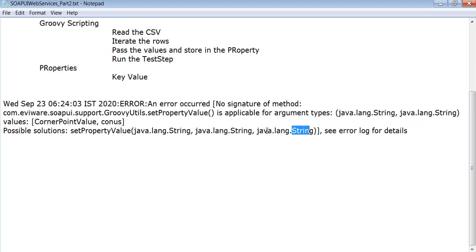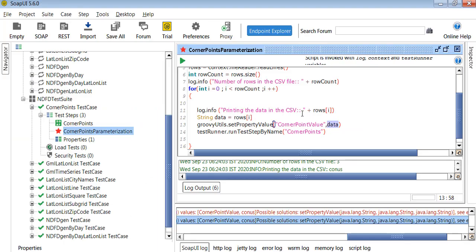There are totally 3 different values we have to pass. But how many values are we passing here? We are passing only 2 values. So there might be some issue here. In the case of set property value, we have to mention the properties here as well. We have to mention one tab as properties, so that properties, comma, corner values.